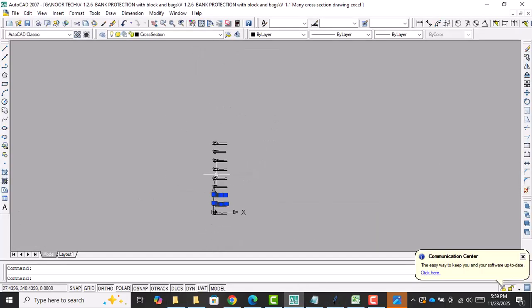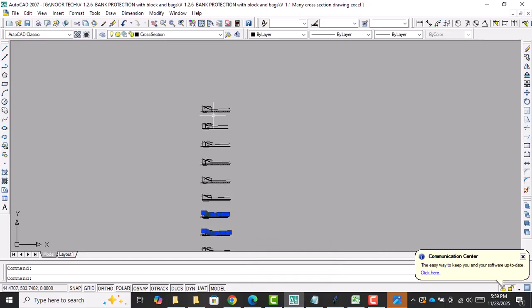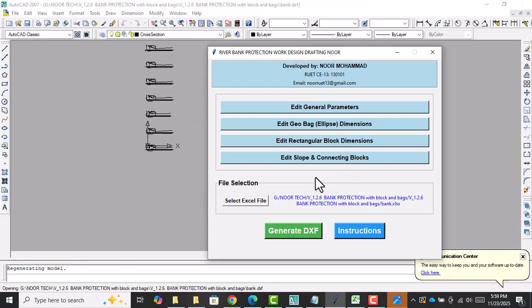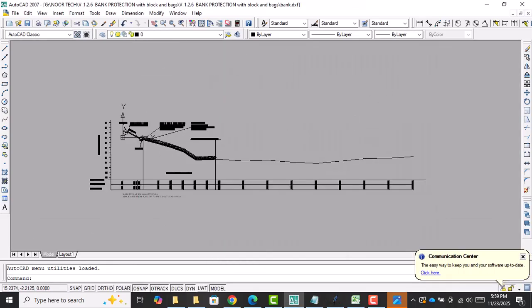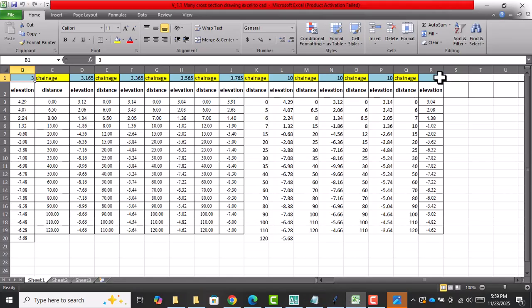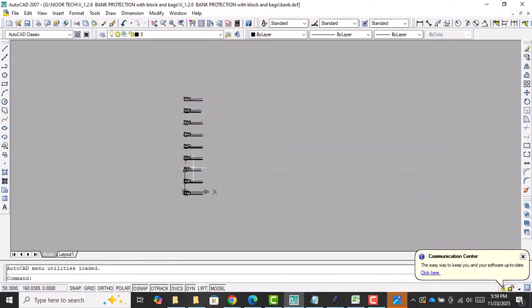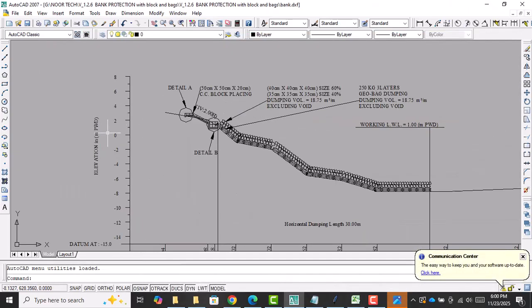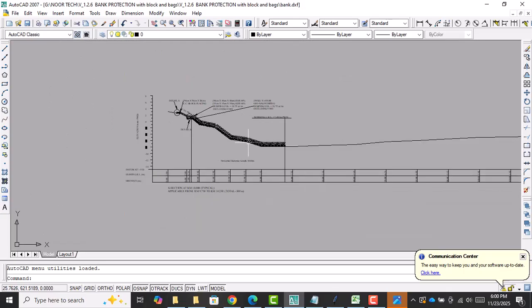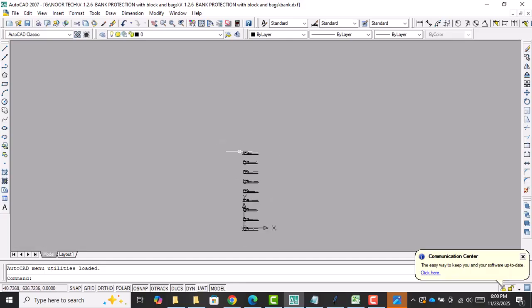Let me show you. This is the Excel file. By this way you can draw, and here I click OK. It draws the cross section of 10. As I have 10 data, it shows 10 cross sections and everything as I input it. And the interesting thing is, when it's drawn, you just have to copy this, and